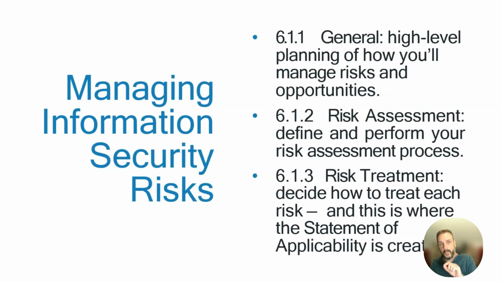6.1.1 through 6.1.3. Now, these ones are basically asking you to detail what's your risk methodology. How are you going to identify risks? Where are you going to go and find them? You're going to go out and talk to people, or you're going to look at news websites, this kind of thing. And then you're going to capture them in a risk log. You're going to score them. So you usually do that through a mixture of calculating the impact and urgency, and then you're going to prioritize